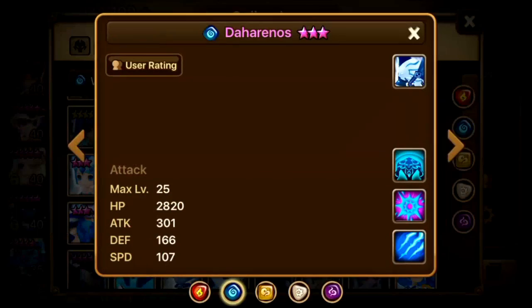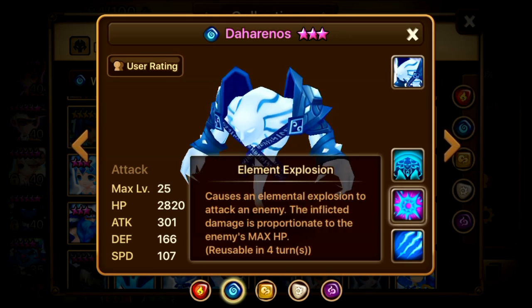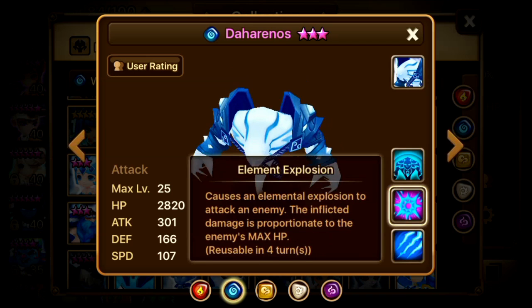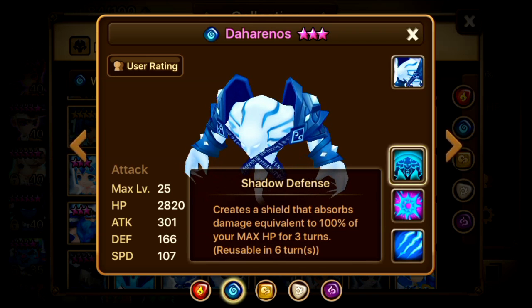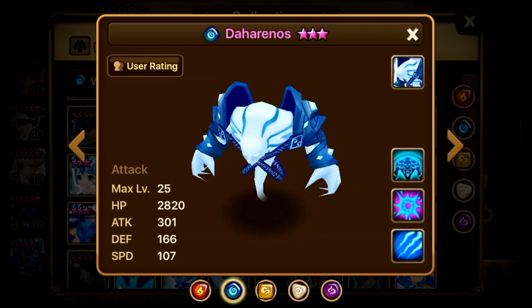Okay. Next up is the Haranos. So the water elemental, the first 2 skills are the exact same as Brevis, which is nothing special. And finally, third skill creates a shield that is 100% of your max HP for 3 turns. Pretty much,